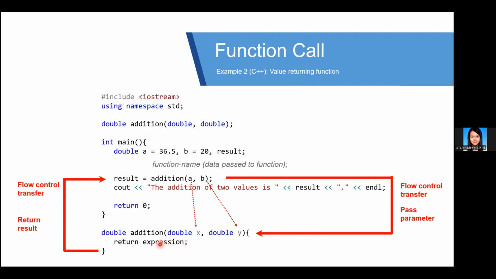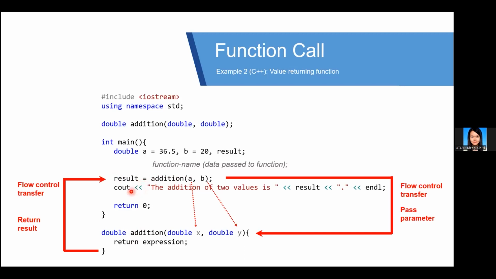Okay, and then after we have done returning the value to the function call here, why do we need to store the return value in a result variable? Why do we have this result variable here? The idea is that if, let's say, we excluded this result, then after we're done calling the function, we get back the return value. Then how can I print out the result in the main function? So in this case, we store the return value in this result variable, so that later on,